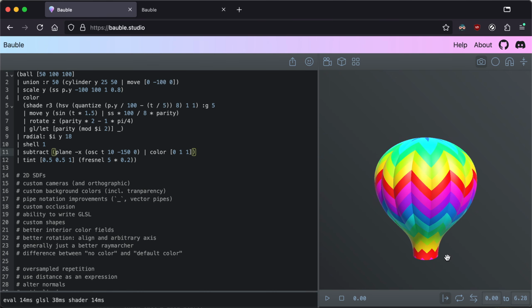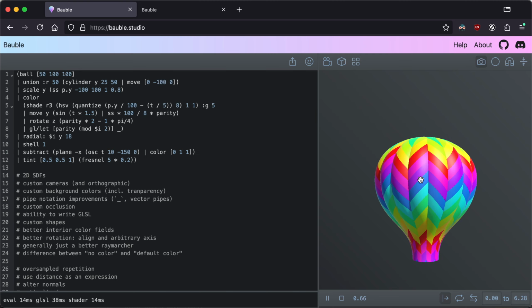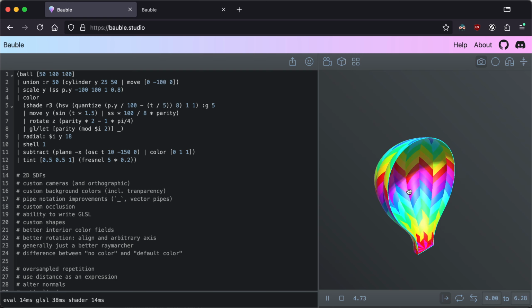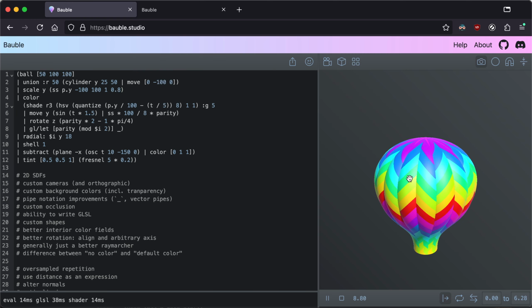This is Bauble. It's a playground for producing 3D shapes and animations using a programming language called Janet. You write a little script, it compiles it to a GLSL shader, and then it has a little renderer that will execute that shader for you. So it's kind of like a Shadertoy alternative, except you're writing in this high-level language, and it's really, really